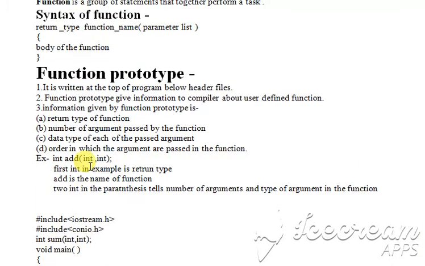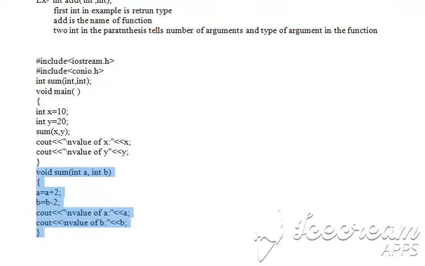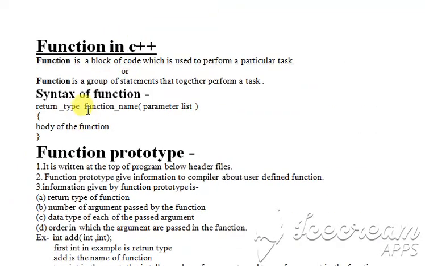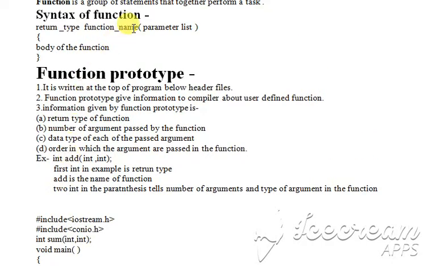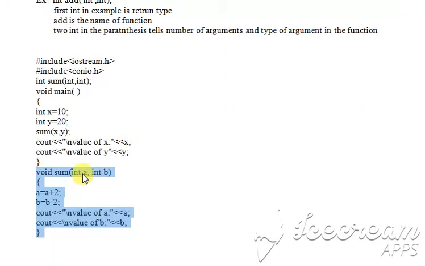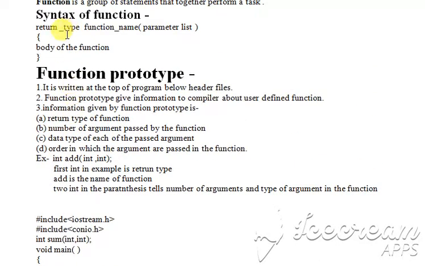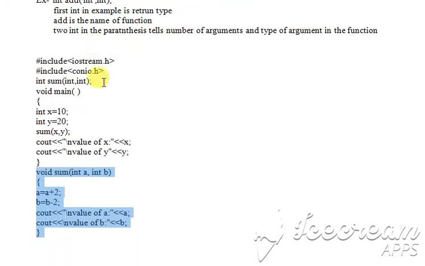Match it with the syntax. Return type. What is the return type here? Void. Then function name. What is the function name? Sum. Then the parameter list, there are two parameters, int a, int b, parenthesis close. And opening and closing braces, between which is the body of the function. See this one here, we are adding 2 to a and subtracting 2 from b and then printing the value